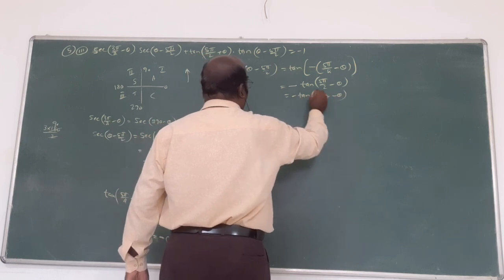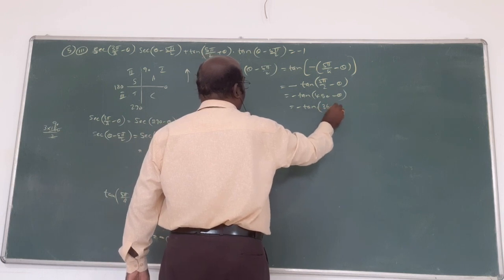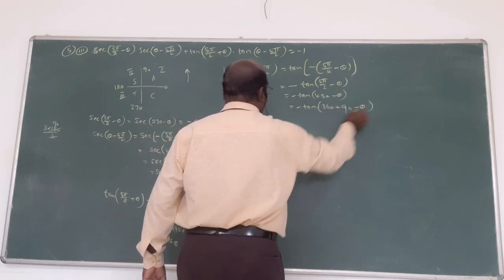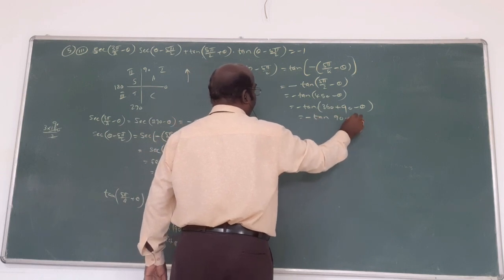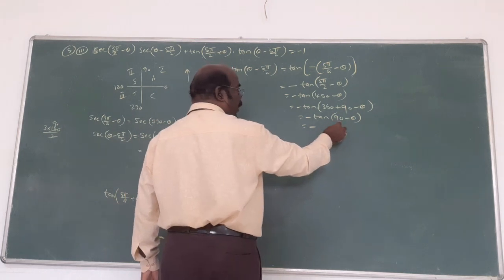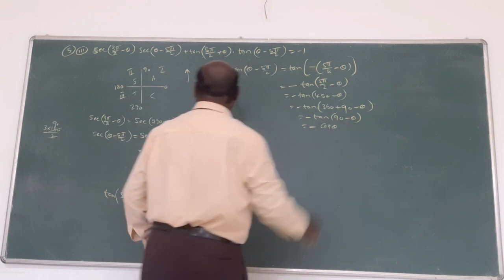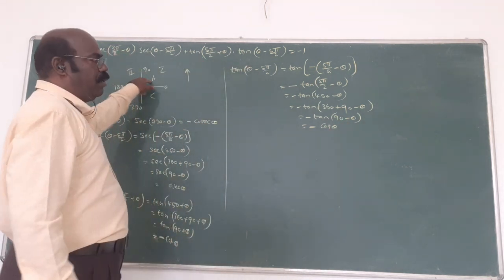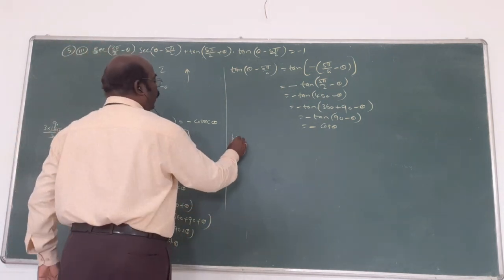Now this can be written as 450 minus theta, and 450 is 360 plus 90 minus theta. 360 becomes 0. So tan of (90 minus theta) gives cot theta. In 90 minus theta, the first quadrant, all are positive. That's why the negative will change. Now only write the first thing.